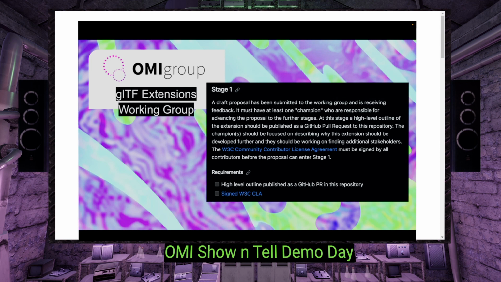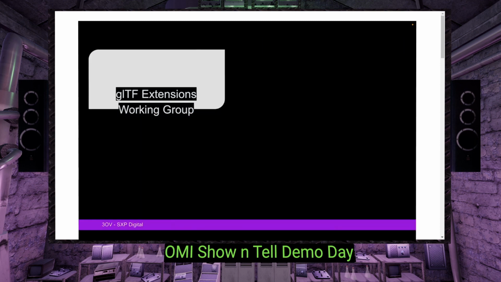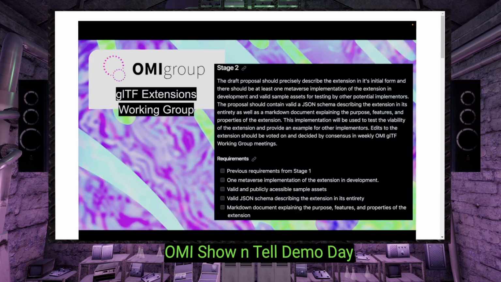So in the case of the spawn point, it was literally overnight, got onto ChatGPT, said generate me some JSON for this, and then made a proposal, and it totally went through and got to stage two, which is where things start getting a little more serious